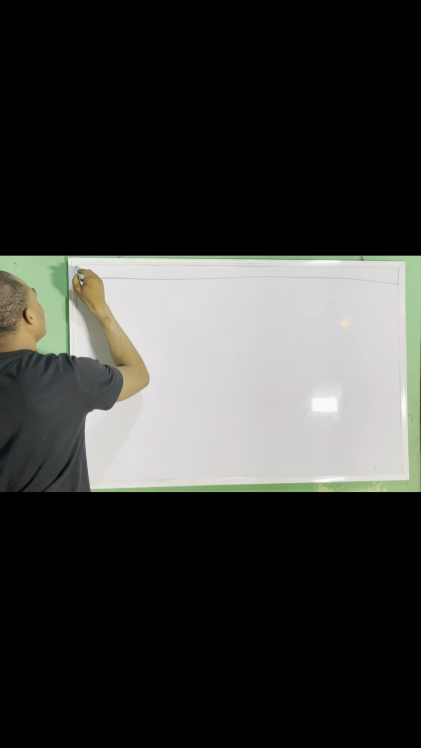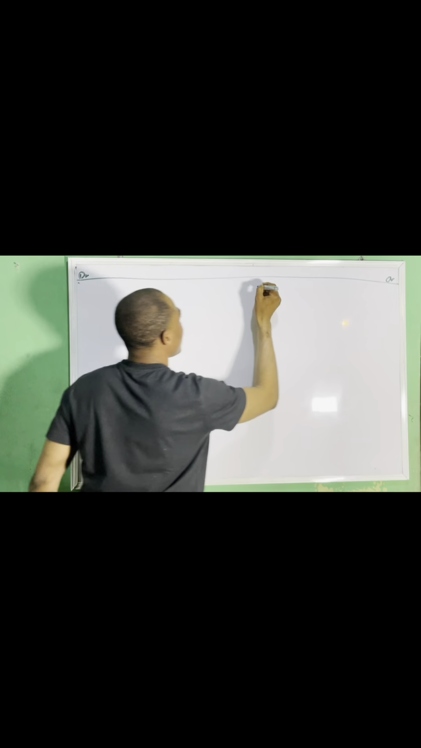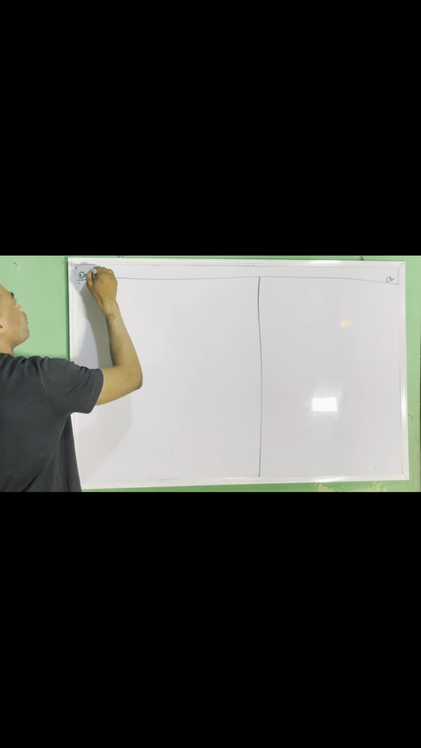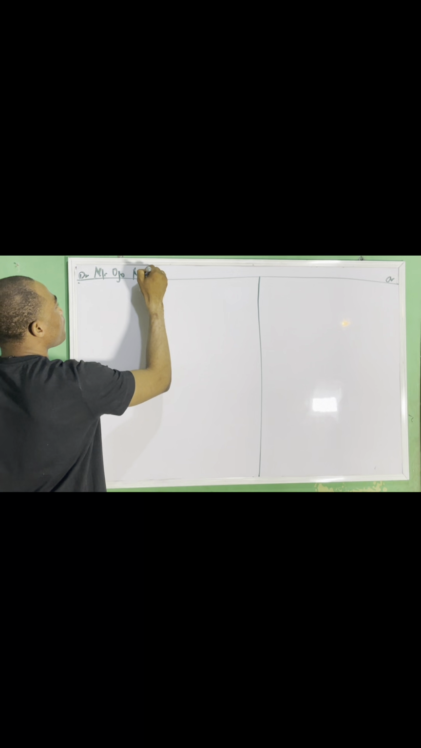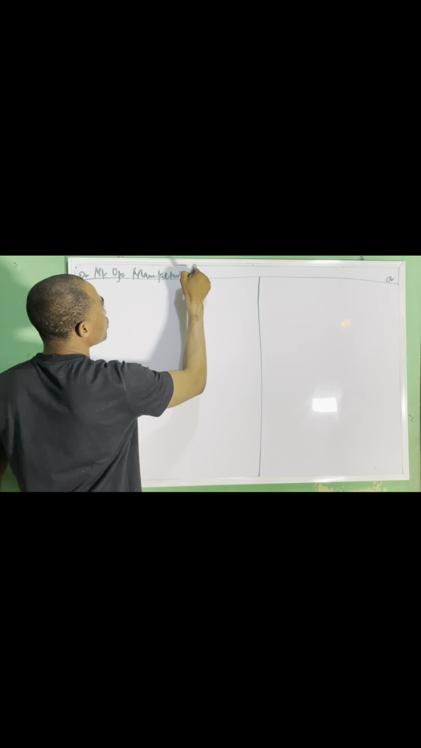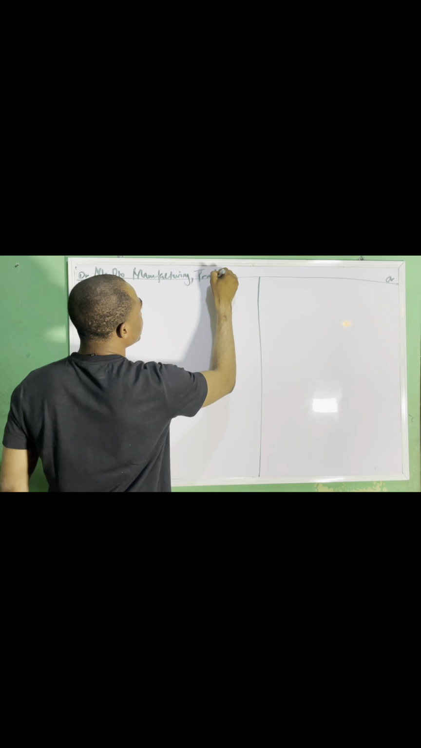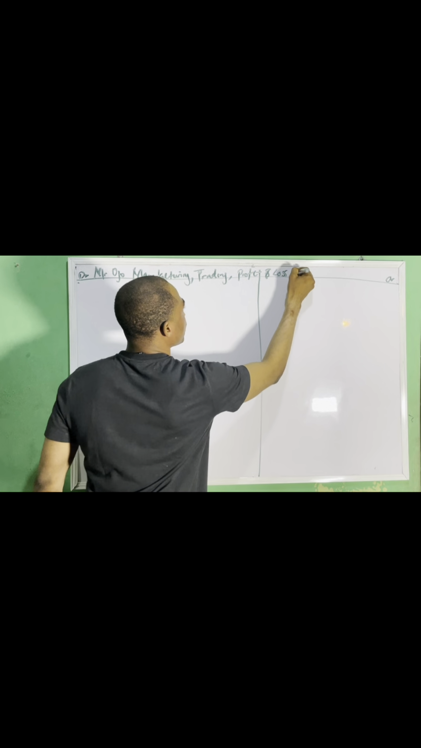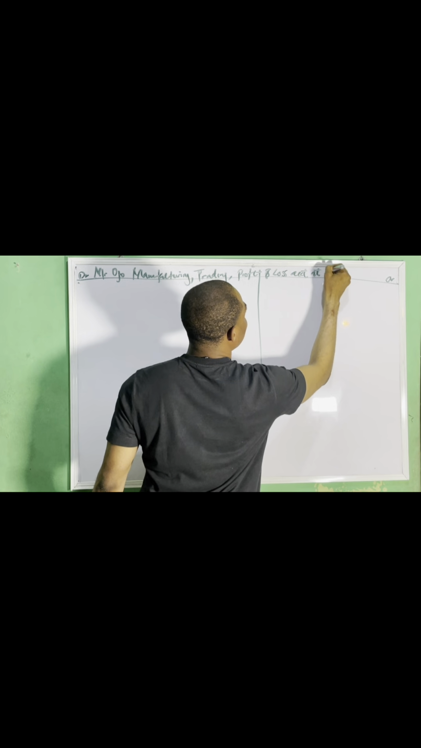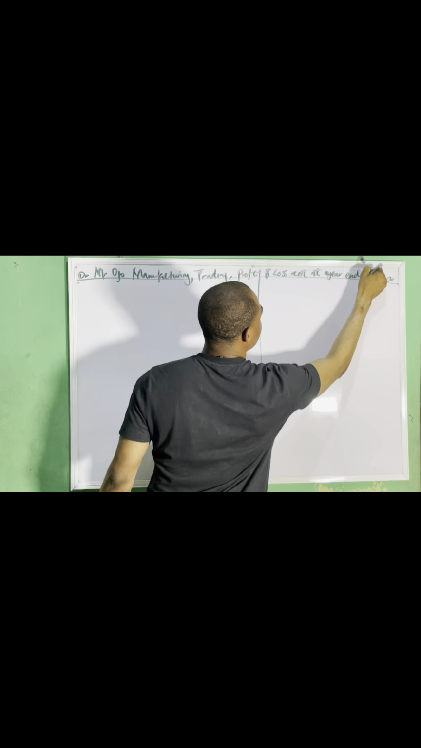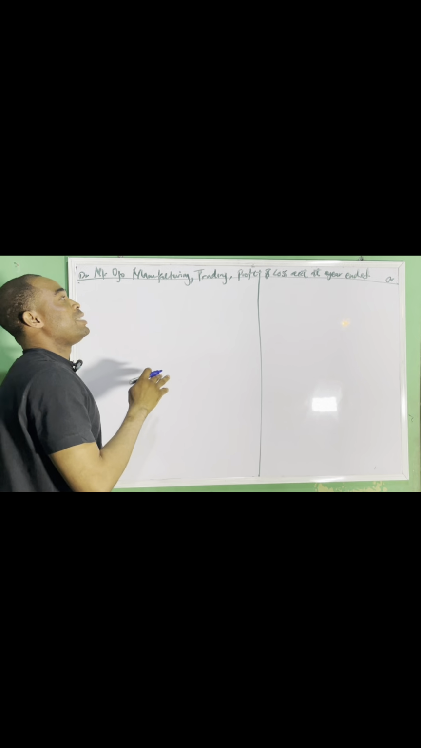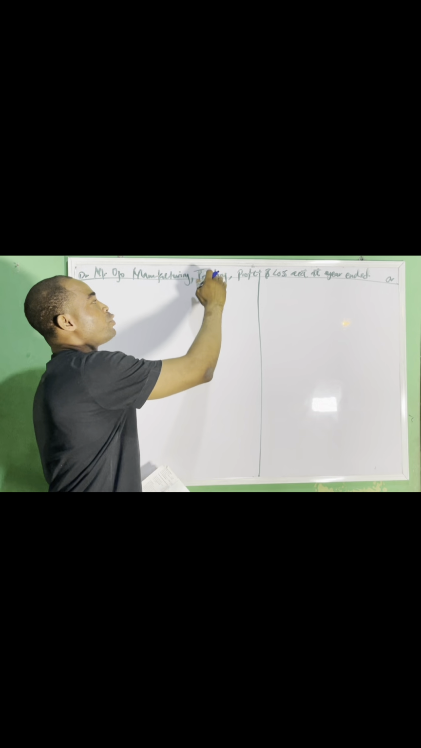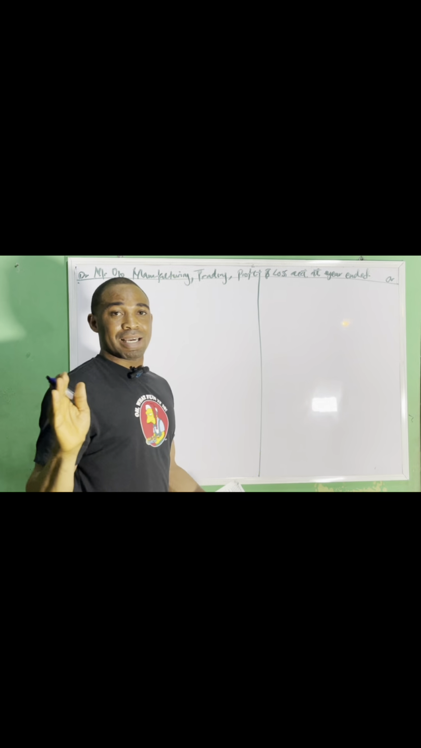manufacturing, trading, profit and loss account. So let's call this one the debit side. This is the credit side. Then you have your complete T format. Then we now have Mr. Ojo, manufacturing, trading, profit and loss accounts at year ended. So this is like we are preparing the account for the manufacturer, for Mr. Ojo, and you can see the process now: manufacturing, then we move to trading accounts, then move to profit and loss accounts at year ended, whatever year that is